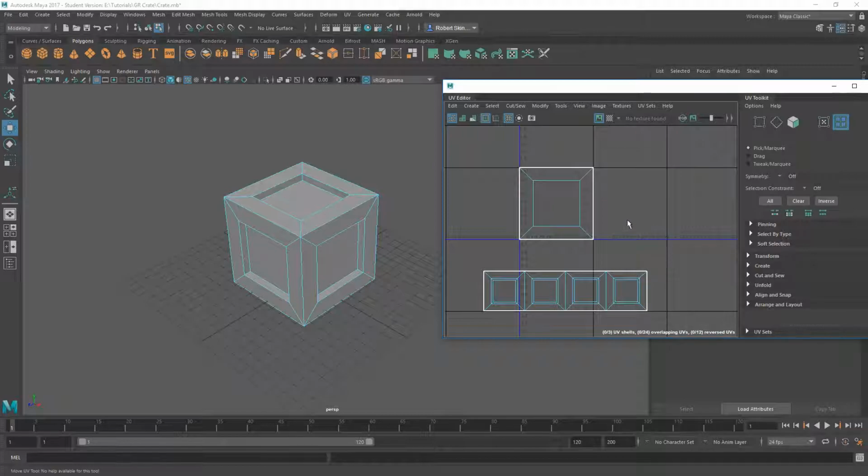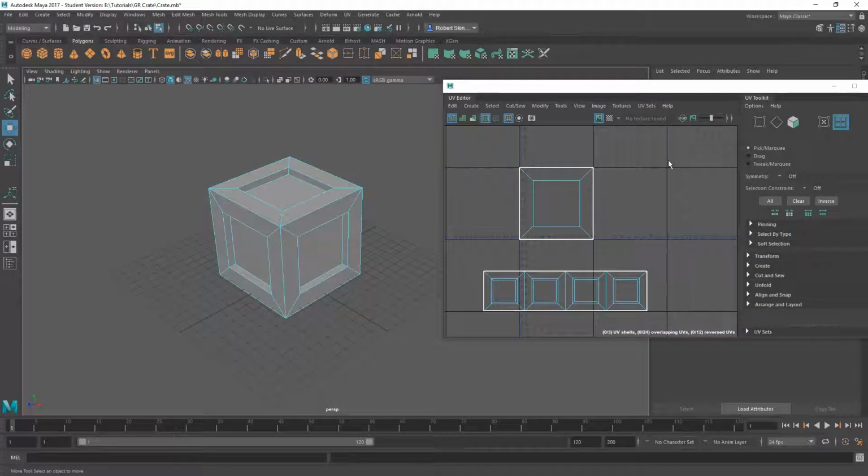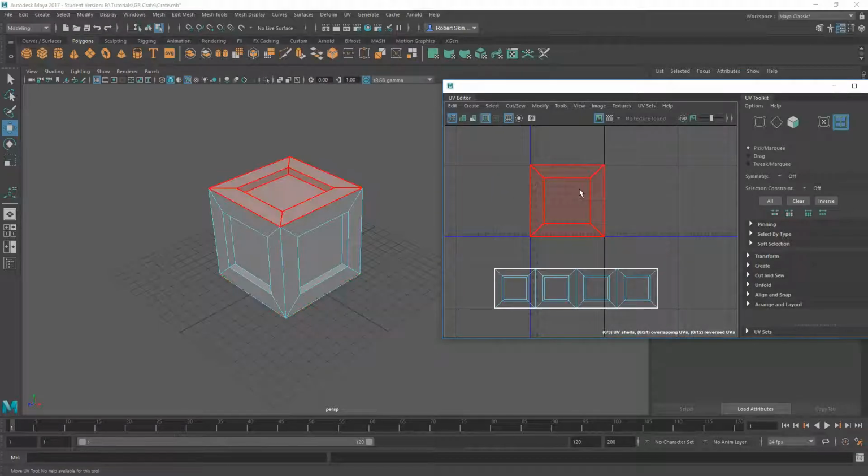The downside of stacked UVs, however, is that the material that you apply to one is applied to all of them. You also might have trouble when baking. If you're going to be using Substance Painter later on, and you're going to be baking in Substance Painter, again, if you're stacking the UVs and they're in different positions, you might find that you end up with different lighting information on each one. Now I'm not going to go too much into detail as to why, but there will be a video later on where we look at why stacking UVs is good and also why sometimes stacking UVs is bad. So we need to separate this stack,